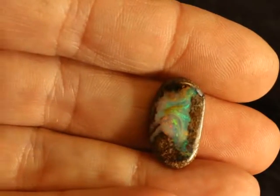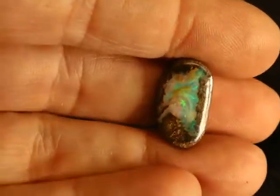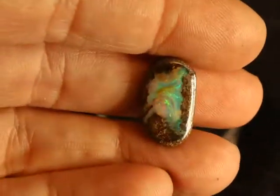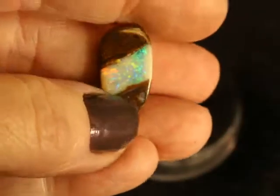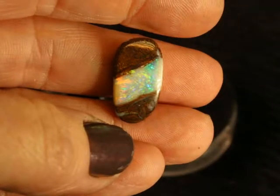And then there's this one too, which is along the same line of boulder opal with the supreme, beautiful, premium quality opal in the center. And I love it. I love them. I don't want to cut these at all because I like the contrast of the boulder opal showing around the opal core. Now over here I want to talk about Ethiopian